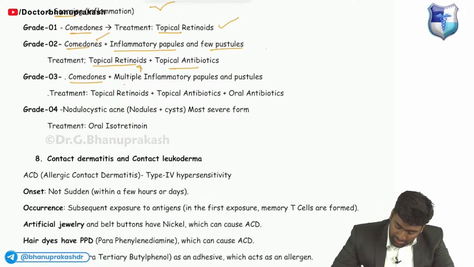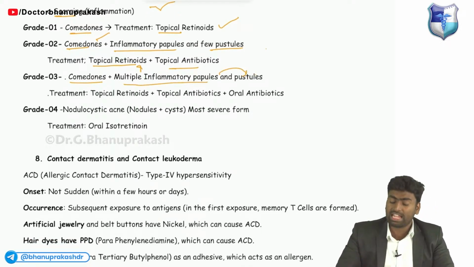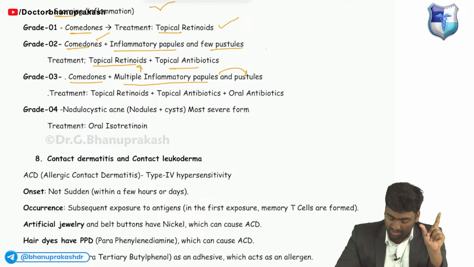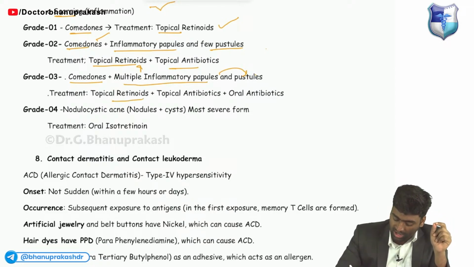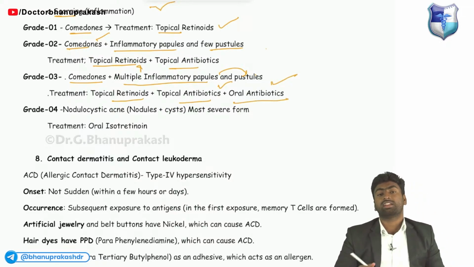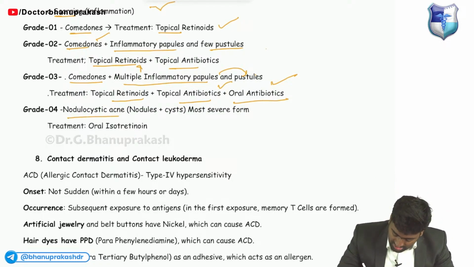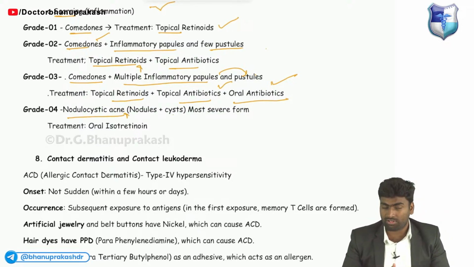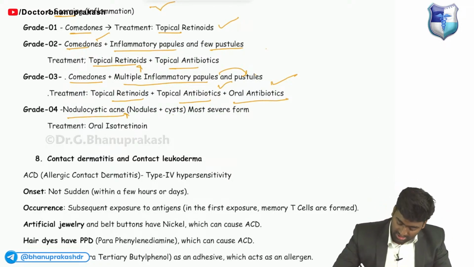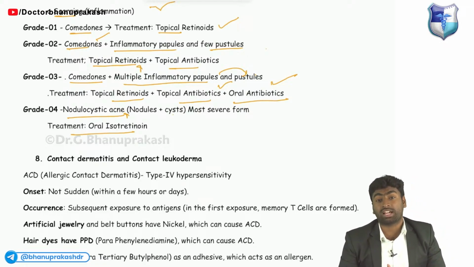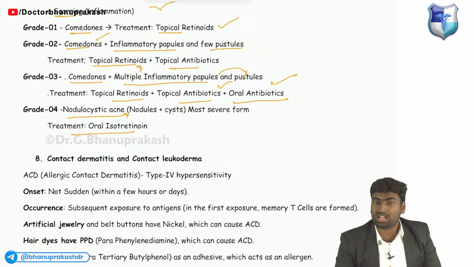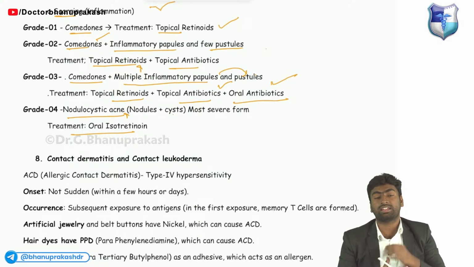Grade 3, there will be multiple inflammatory papules and pustules. Inflammatory papules भी है और pustules भी है. Then we'll give topical retinoids along with topical antibiotics and oral antibiotics. Topical and oral antibiotics हम दोनों देंगे. But in the case of nodulocystic disease, it is a very severe form. In such cases, we'll start with isotretinoin. और हमें पता है the most common side effect of isotretinoin है, it is the